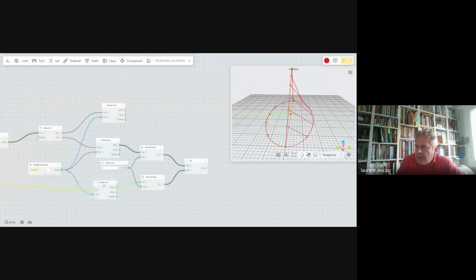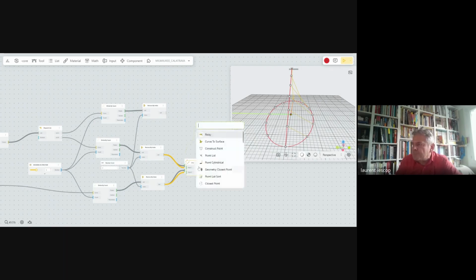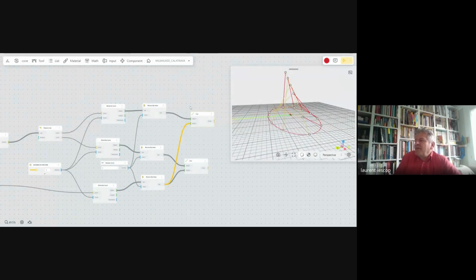I connect this. Maybe I will do a remove also here, because I shall have exactly the same problem here. And if I create my line, so this goes here, goes here. You see, it's all twisted.